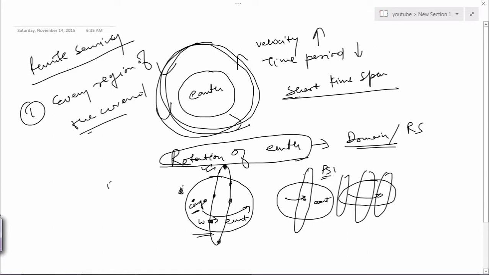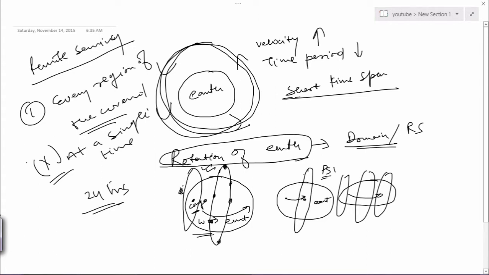Not at a single time, but throughout a period of time. Say within 24 hours, when the Earth has rotated fully once, we'll have a certain amount of data about various regions of the planet, and then when another fresh rotation happens, we'll have more data. So this is the beauty of PSLV, that as it keeps on revolving